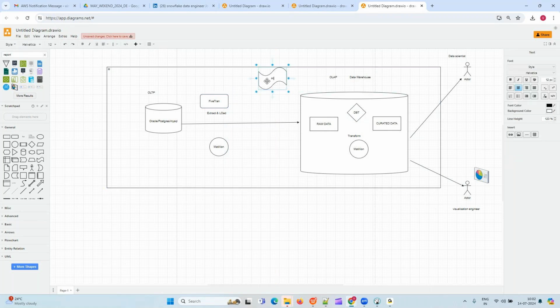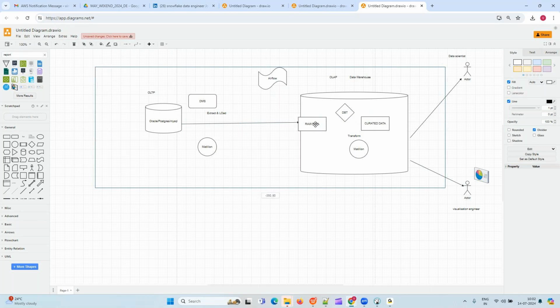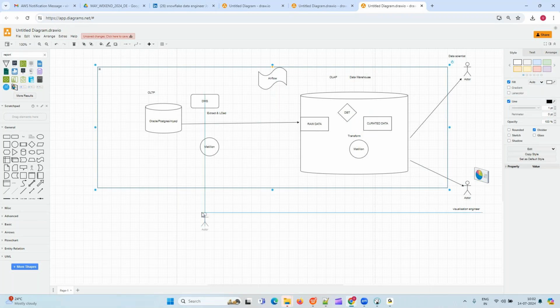That is why my course is designed this way. One pipeline we are going to build with Matillion and Snowflake. The other pipeline we are going to build with Airflow and DBT. Instead of Fivetran, I'm using one AWS service called DMS, Data Migration Service. There are a lot of tools in the market, but DBT plus Snowflake plus Airflow is one of the hit combinations, including Fivetran actually. Matillion and Snowflake is also one of the hit combinations currently used in projects. So, clear guys? Who is a data engineer and what does he do?